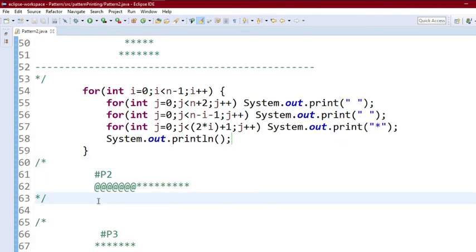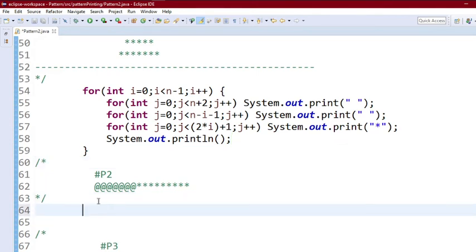Let's proceed to the second part, that is the middle part. The middle part is quite simple. We have to just print the at sign for n plus 2 times, then the star sign for 2n minus 1 times. So just print it.